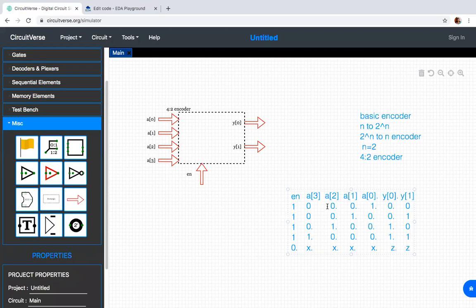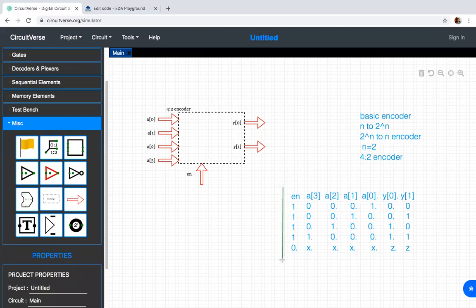When your input is 0, 0, 0, 1, the output is 0, 0. The next combination is 0, 1, then 1, 0, then 1, 1. For the last combinations, when enable is 0, whatever may be the inputs, I've given X, so that X can take either 0 or 1. The output you can give as 0, 0 or ZZ, it is your choice. I've given a Z. This is how a 4 to 2 encoder works.